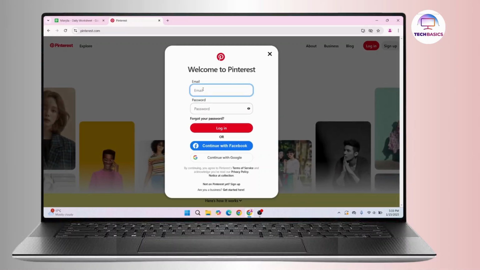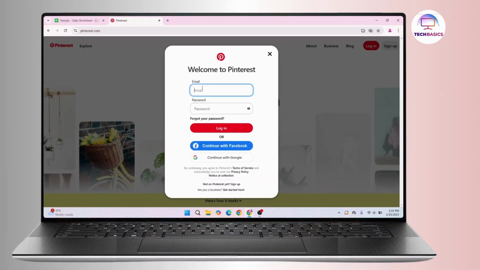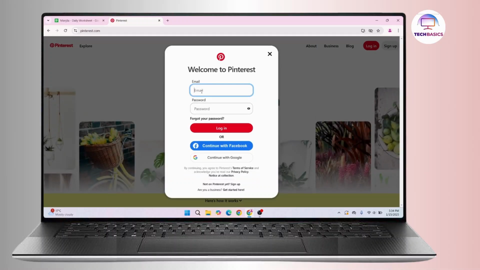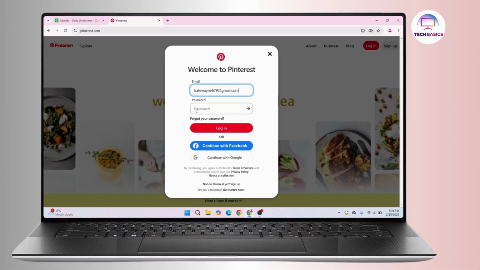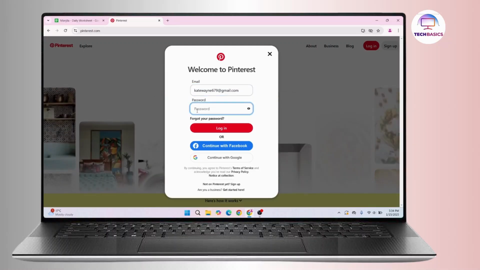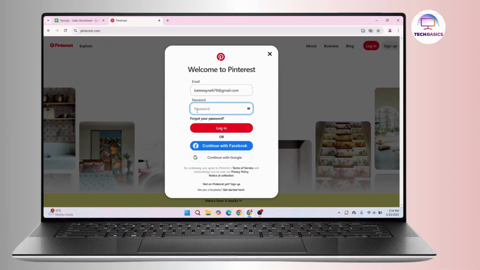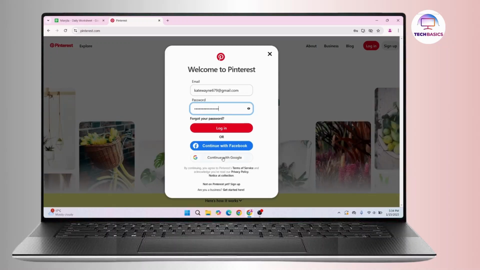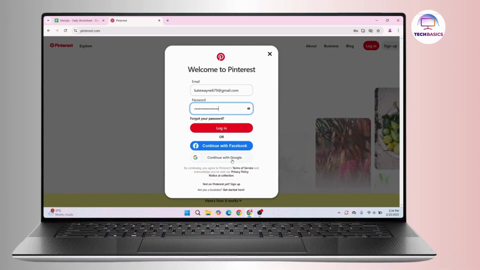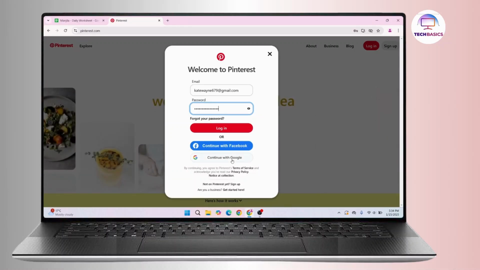So for that, first of all, you have to enter email address associated with your account. So make sure to type in your correct email address. Under that, you have to enter your password. Here, make sure you type in correct password associated with your account as well. Or if you have created your account using Facebook or Google, you can simply log in using Facebook or Google